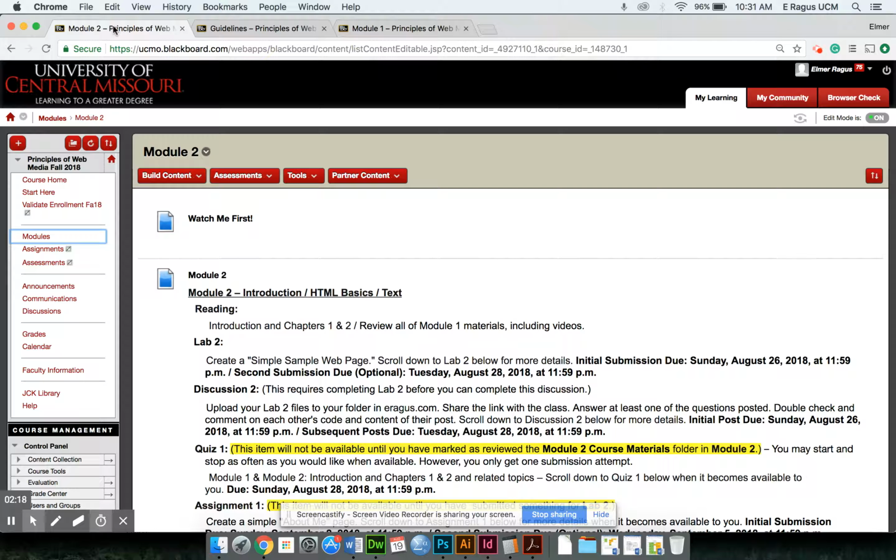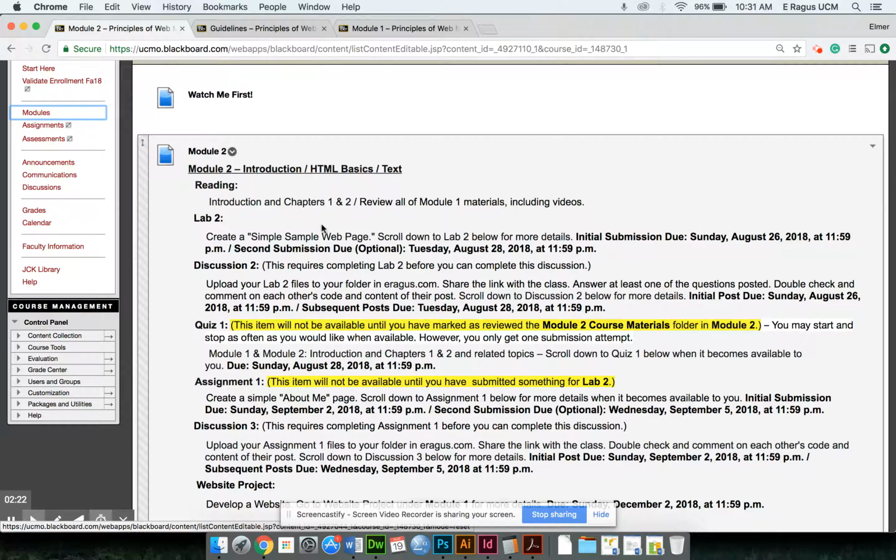Now, moving on to Module 2. For your readings, we are still doing stuff from Introduction and Chapter 1 in the textbook, but now I've added Chapter 2. And the reason I'm doing it this way is because each concept that we learn in class builds onto another. So we can't completely forget about what we learned previously because we're going to revisit them. We're going to keep adding on to what we're learning.